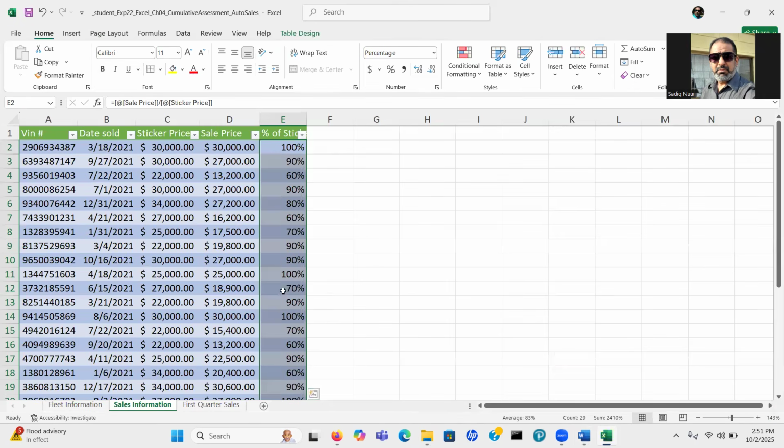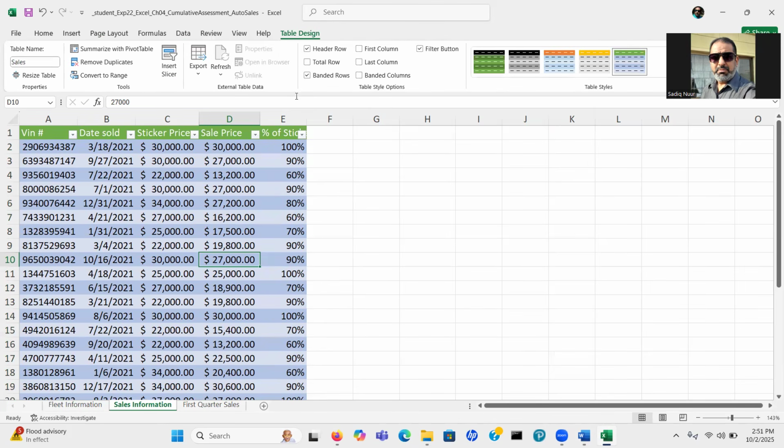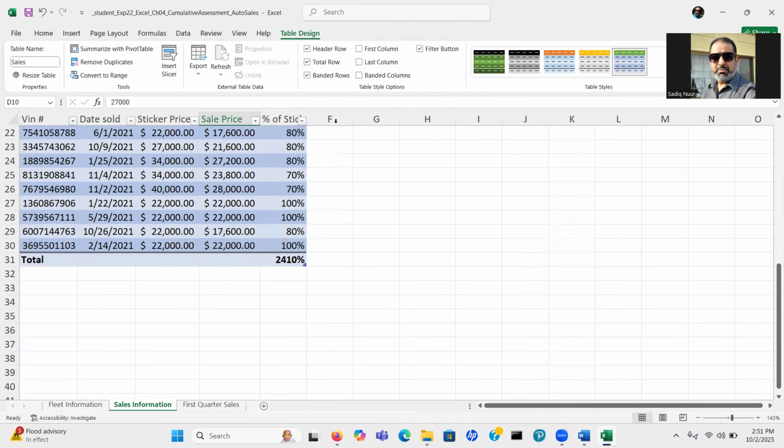So while you are in the table, we will go to the table design, and then we will go to the table style options and you have to click on the total row. So the total row will be added.